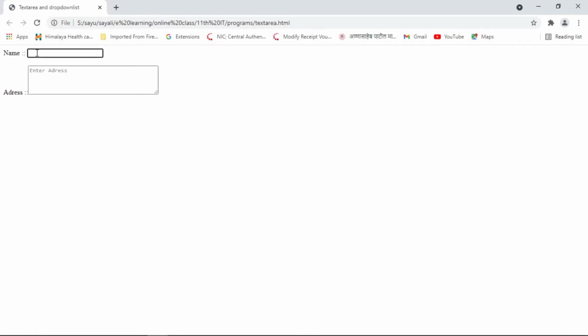This is a single line text box. So here the user will enter values that will be entered in a single line. Okay. Let us enter a name here. Here this is a hint, that is enter address. Okay. Here type an address.